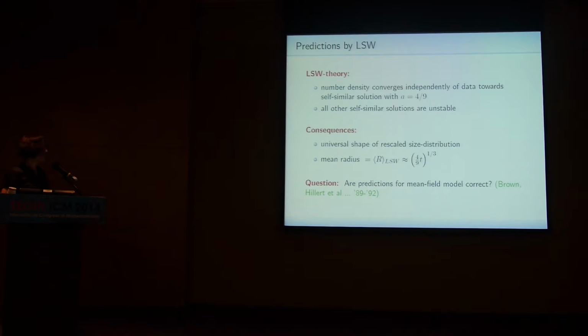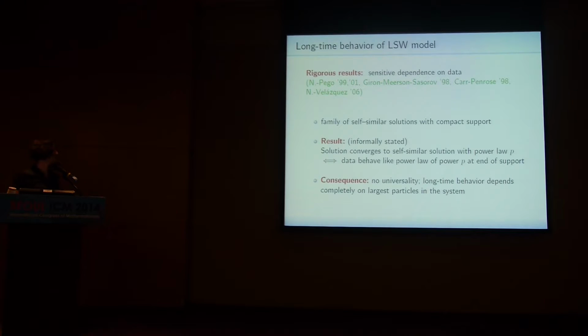And then sometime later, this is how the story started for me, in a sense, in joint work with Bob Pego, we resolved these questions. But at the same time, one should mention there are also other groups who came to similar conclusions. So Carr and Penrose considered a simpler model, but with similar results. There's a group of Baruch Meerson, they do not do rigorous analysis, but they came up with similar conclusions. And I want to describe the outcome only informally.